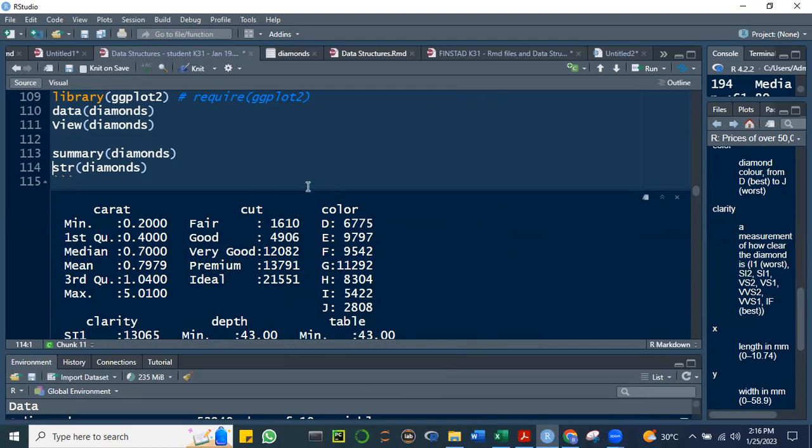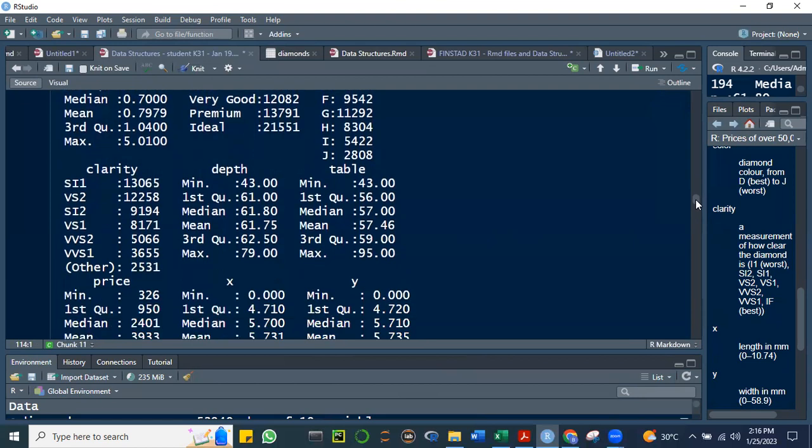Okay, so si cut, of course, we cannot get the number summaries of cut because cut is categorical. Character siya, and then at the same time, categorical siya. So if you take a look at this, fair, good, very good, premium, ideal. Ito yung categories niya. And then you have the frequencies of the different categories. Same thing with color, no? From D to J, okay? Yung nasa gitna, yung pinakamarami, yung middle lang in terms of color. All right. Same thing with clarity, also